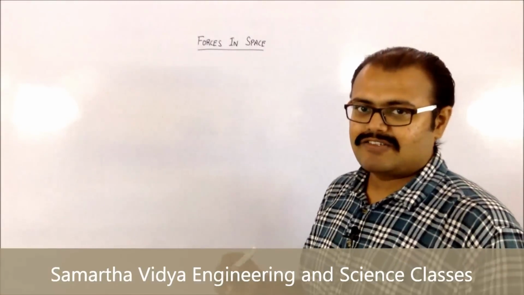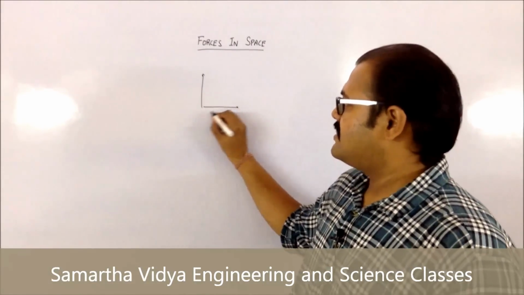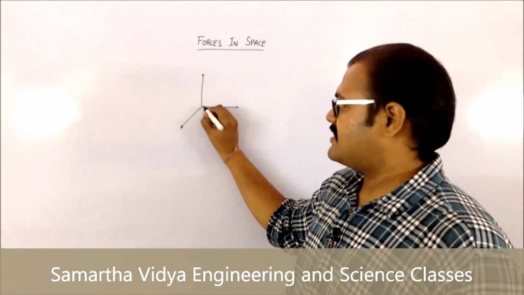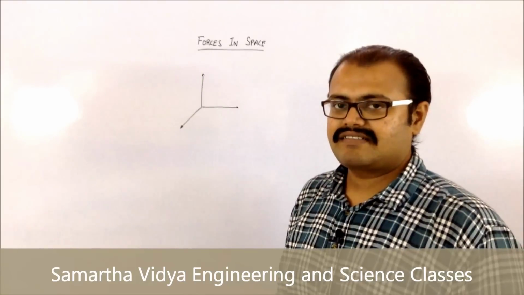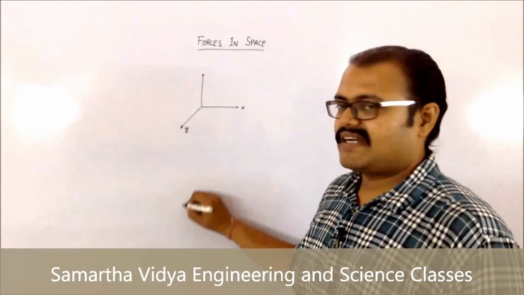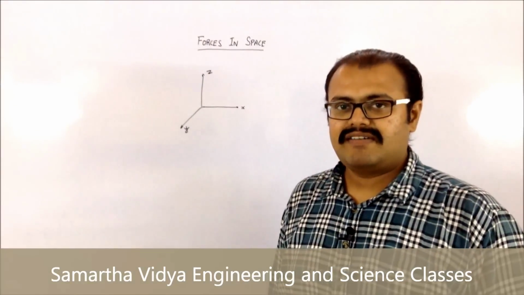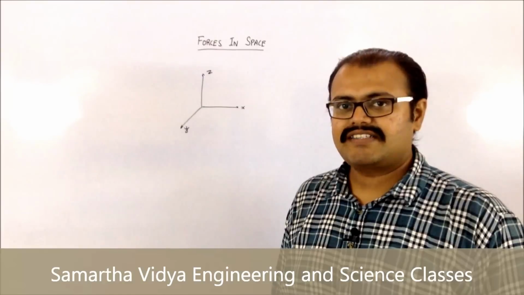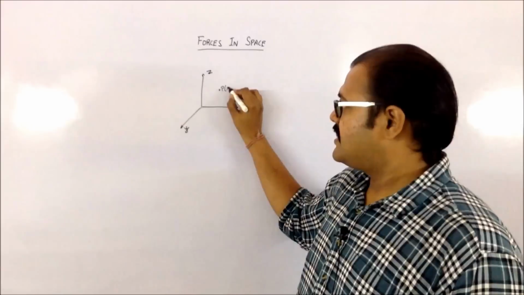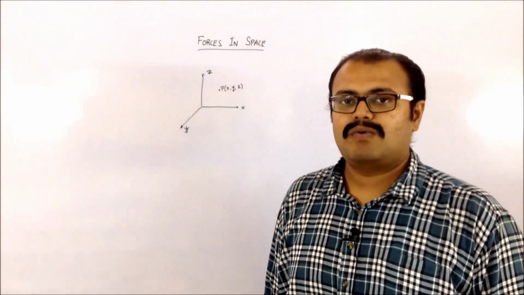Now while understanding the geometry of a 3D object, you require to understand that your space will be denoted by three axes. Now these three axes are nothing but your x, y and z. So let us consider this axis as my x, this one is my y and this one is my z. Now whenever I have to denote a point in my space, I require three coordinates of that point. That means if I am considering any point P over here, it has to be denoted by these three coordinates, that is my x, y and z.